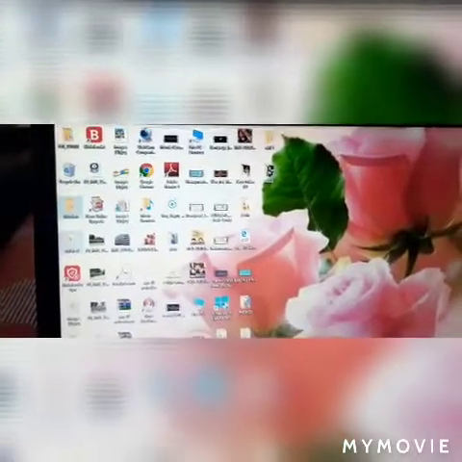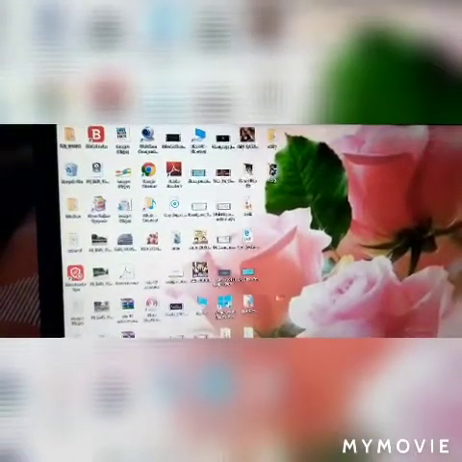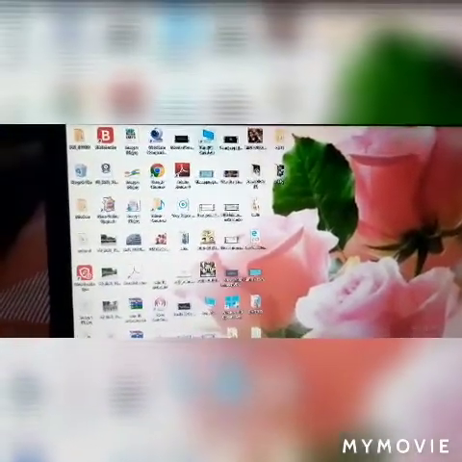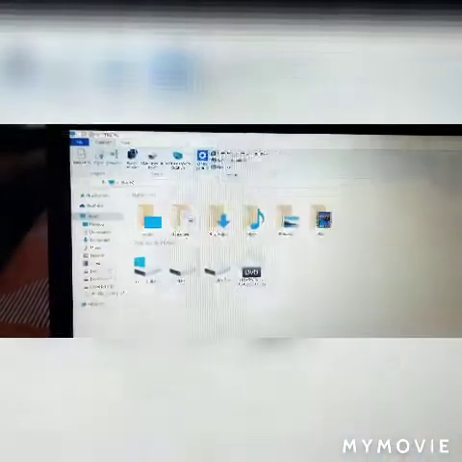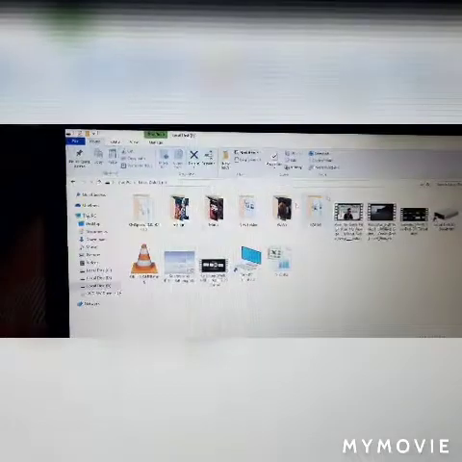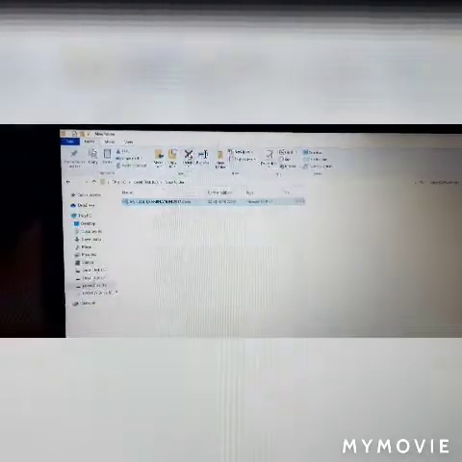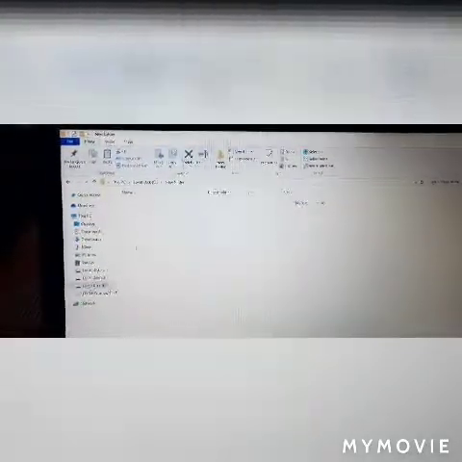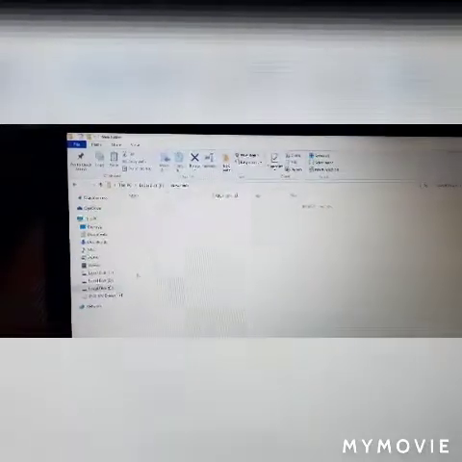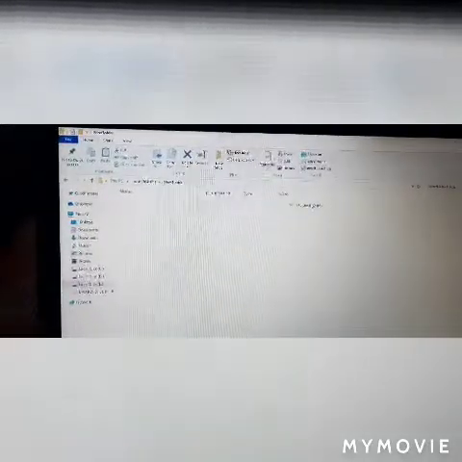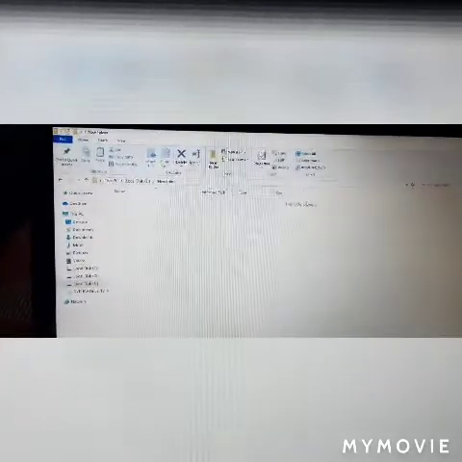So our next part is deleting a file or folder. Again we will move to the This PC option, double tap to open it. Now move to Local Disk E. Now we have created two files over here. Now how to delete that one, just see: Annual Examination. First we will click on this. After that you could see a cross mark in the Home tab. As soon as you click on that, it has been deleted. Now you could see over here it is written, this folder is empty. That means your file has been deleted.